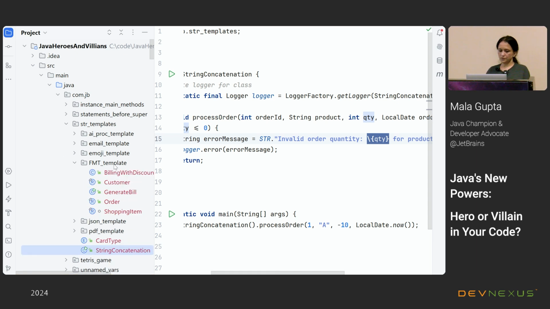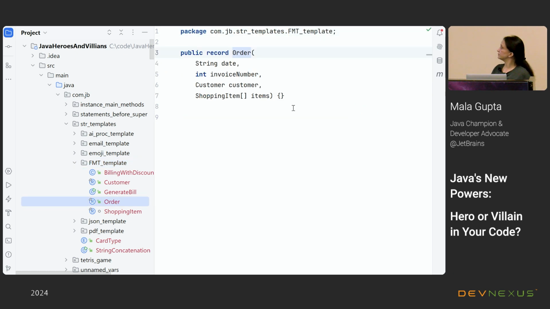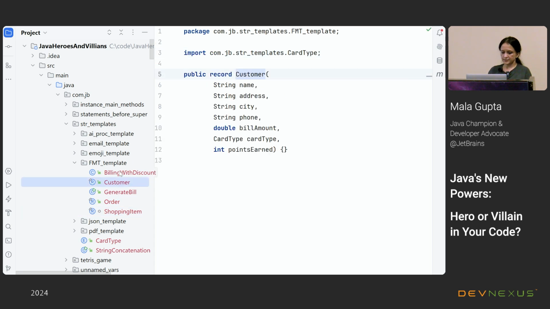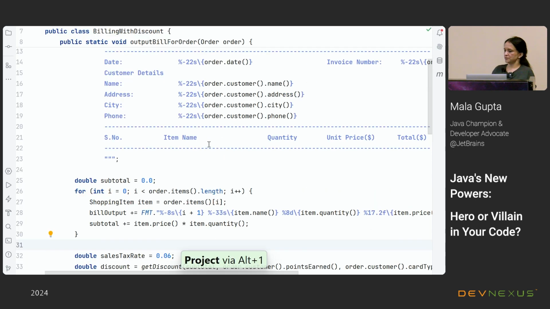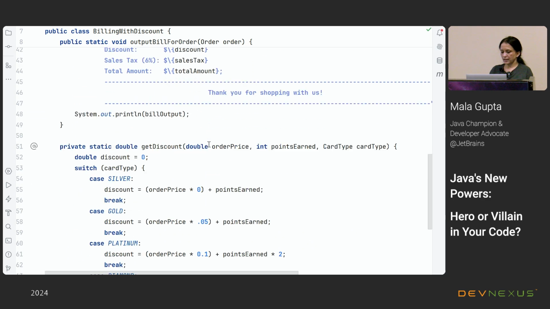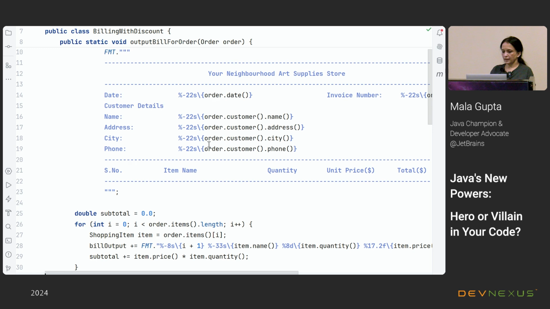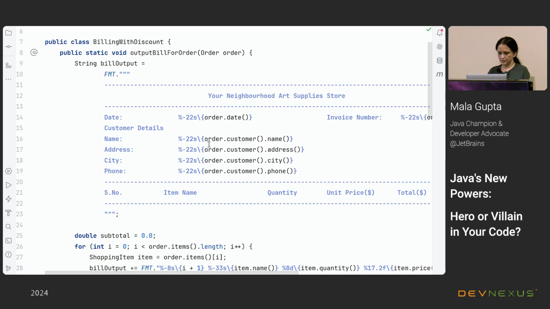I talked about the FMT template. Let's assume you have a record which represents an order, and you have a couple of shopping items and a customer. And let's assume that you want to generate a bill on similar lines. What I've done here is I have created a record.